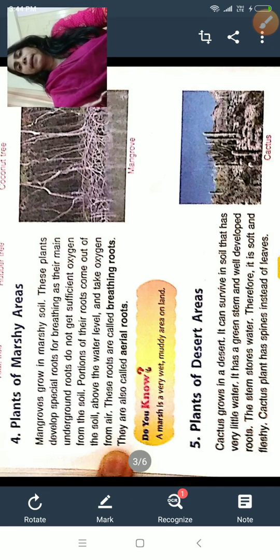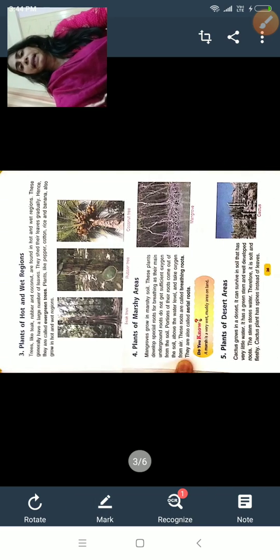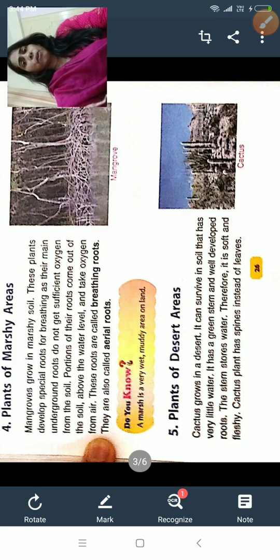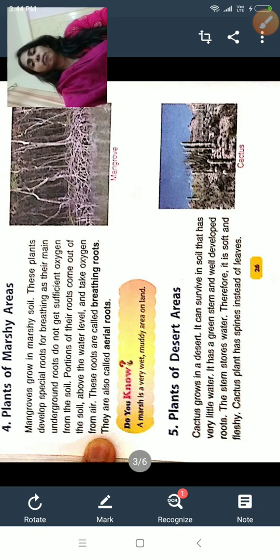Now come to the plants of the desert area. I know you all have seen the cactus. The cactus plant grows in the desert, and it can survive in soil that has very little water.